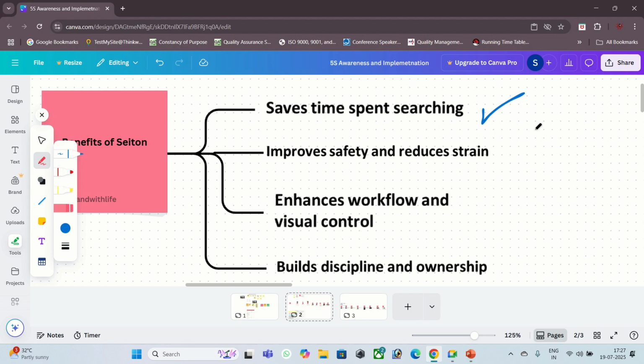For example, in our kitchen, if the salt and spices are properly labeled and put in an order, then we can easily use the items. We need not search for the items. And if all the spices, salt, and these things are placed in transparent boxes, we can easily find them. So this is an example of